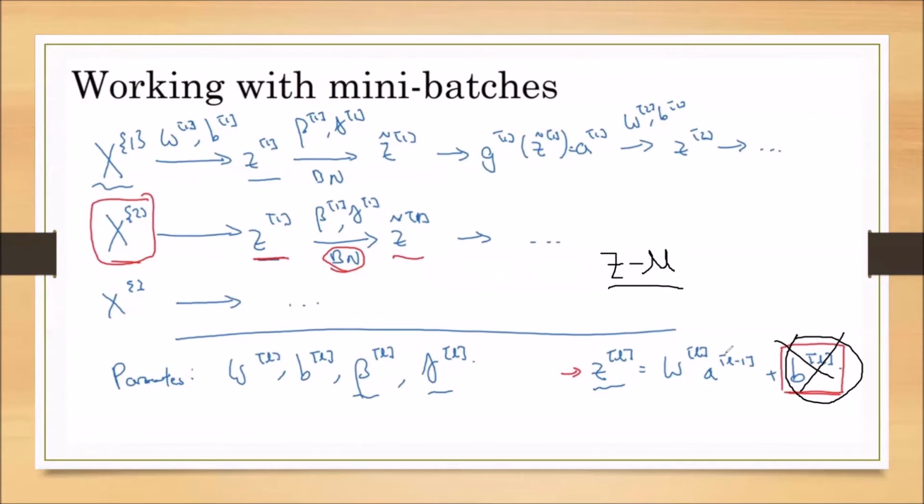this plus B, what does the mean mean? If we are having R number of activation units in the first activation layer, now what does the mean mean? What is the mean of Z? Z mu is nothing but, we are taking the summation of all training samples. We are taking the summation of all training samples, 1,000 training samples.